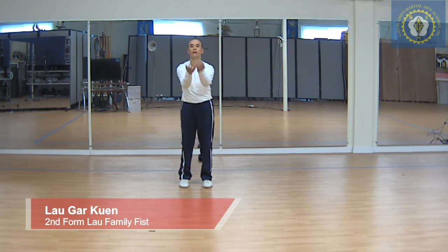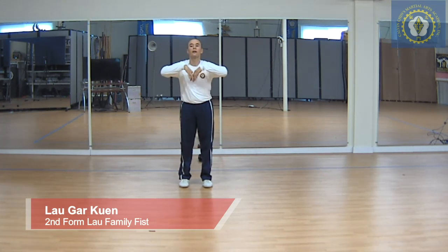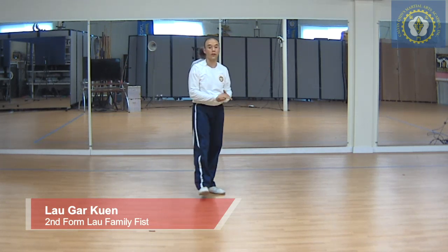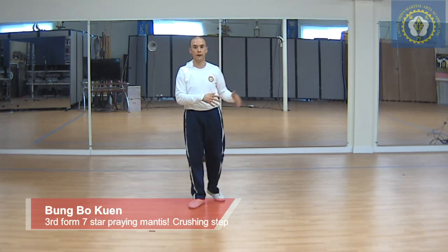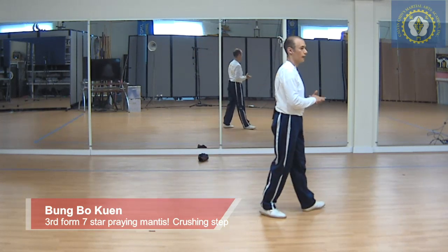1, 2, and 3. Okay, next, it's going to be the third form. So that's usually the sequence that you guys learn. 5 stances, first form, second form, and then third form would be the next. That is Bung Bo Kuen,